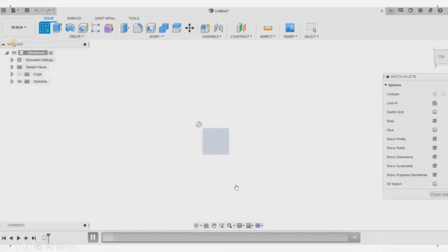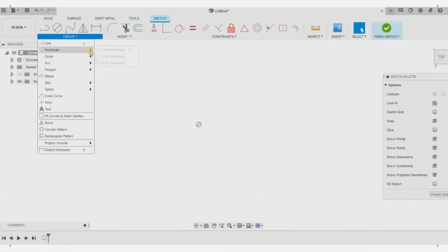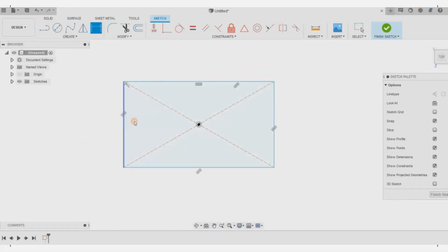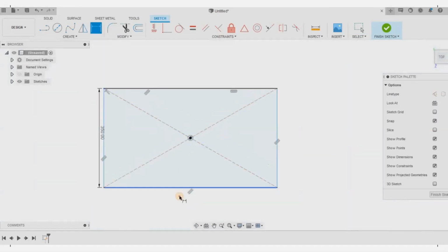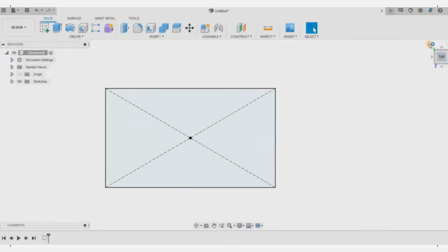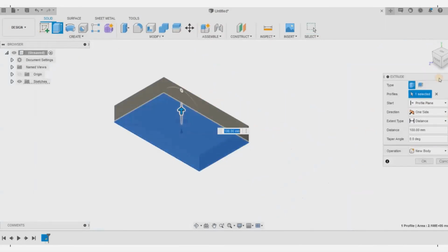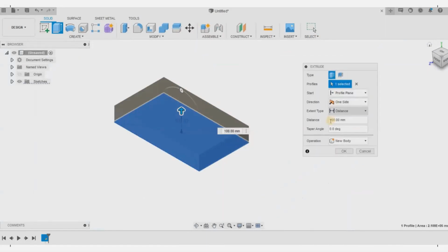So first, you have seen the brief sketch that they have done. Here you can start sketching your center rectangle because we are going to create the bottom panel. We can give dimensions to this. And with just one command, I'm going to convert this 2D to 3D, which is called extrude. The extrude tool is my favorite tool because it can do so many things. And when it comes to woodworking, this is probably the only tool you need. I just need to give the thickness.